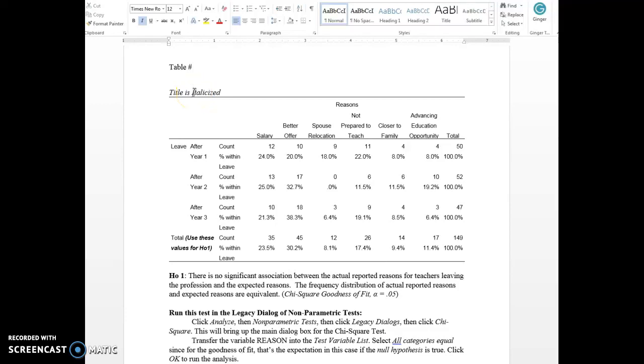Okay. But anyway, you have a table number. If this is table 1, it's written in regular font, Times New Roman 12 font. But then the title is italicized. Then everything else is regular font. And